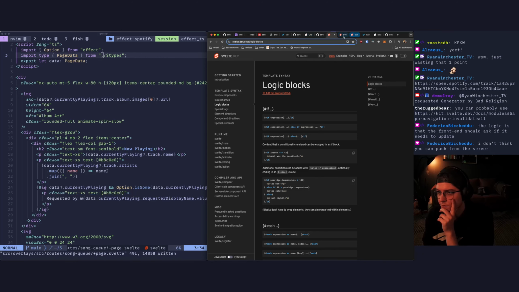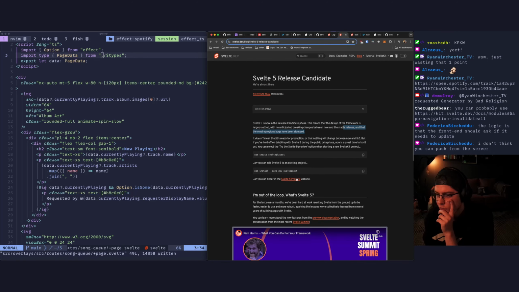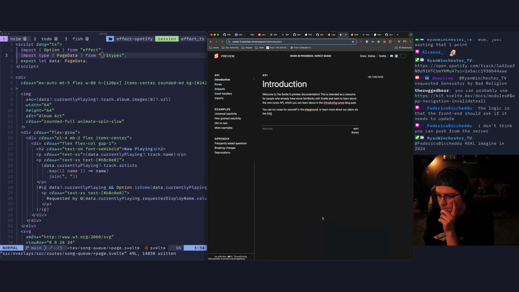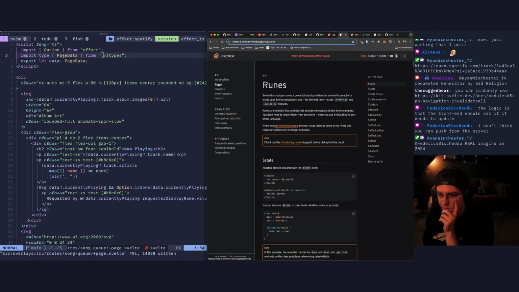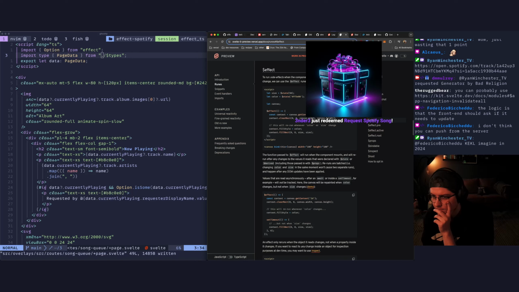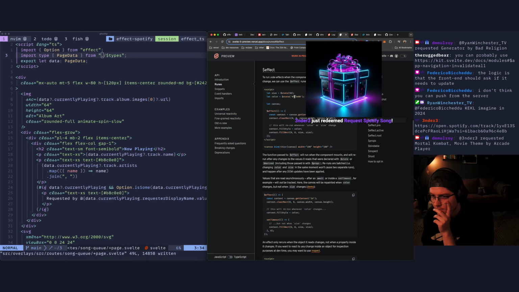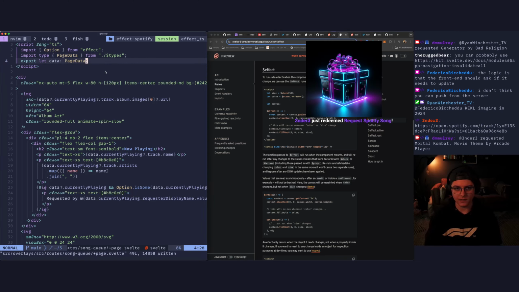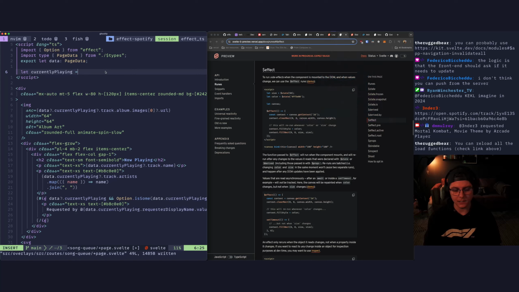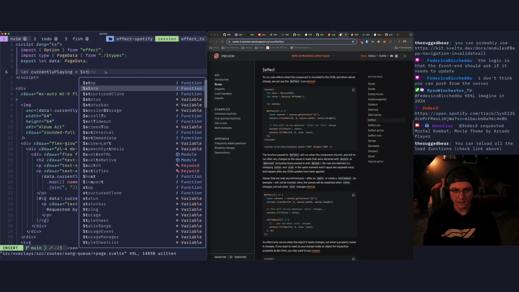Where are my runes at? Svelte 5 preview. No, that's not what I wanted. We want runes, and then we want effect. In fact, okay, so we can come in here and be like, let currently playing equals state.